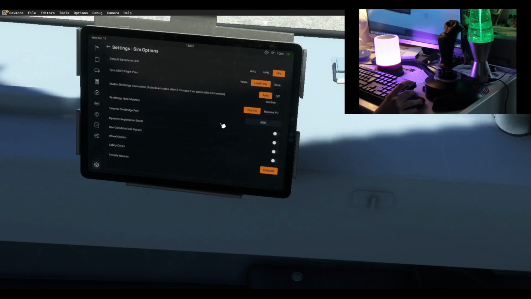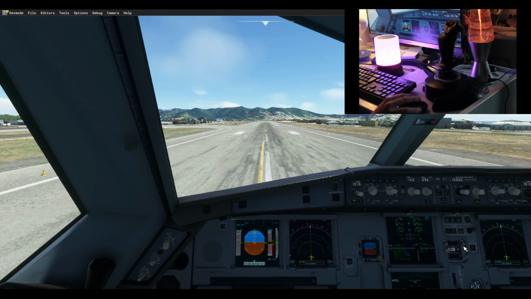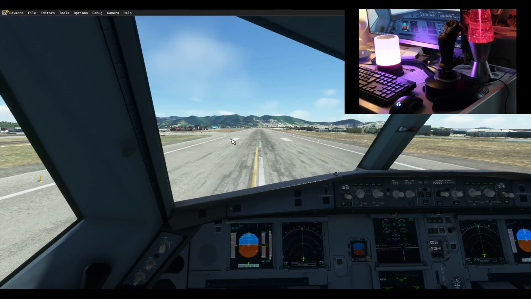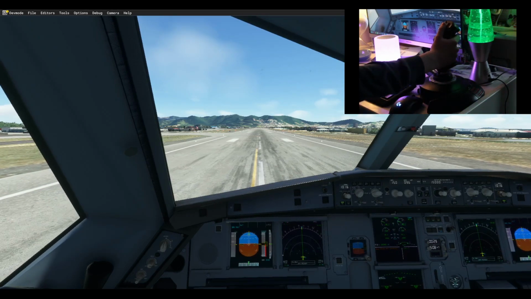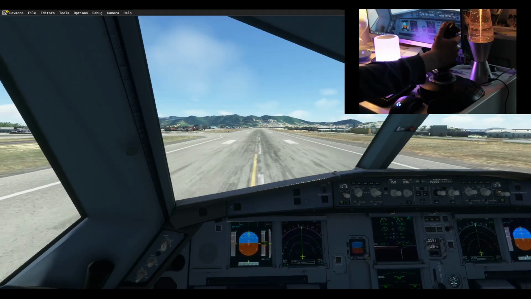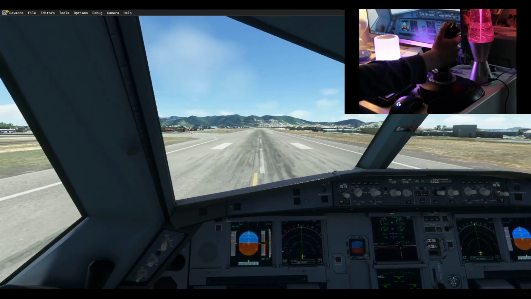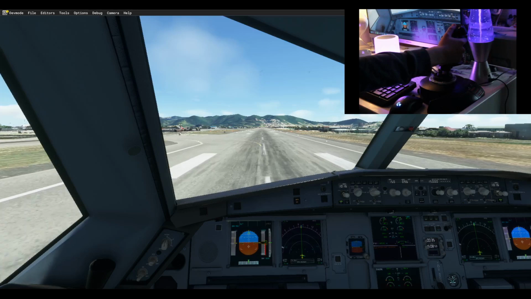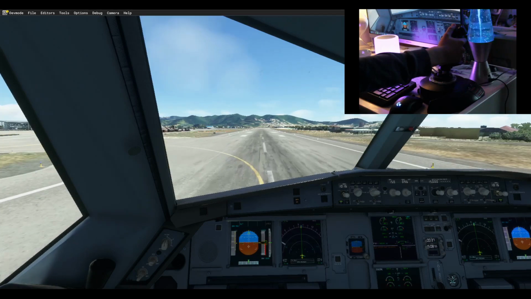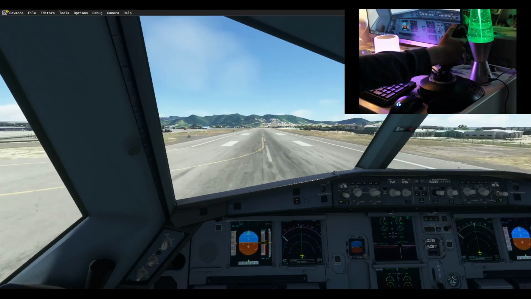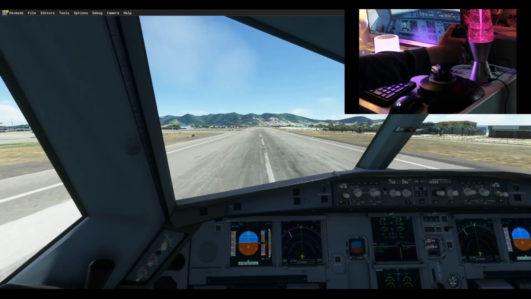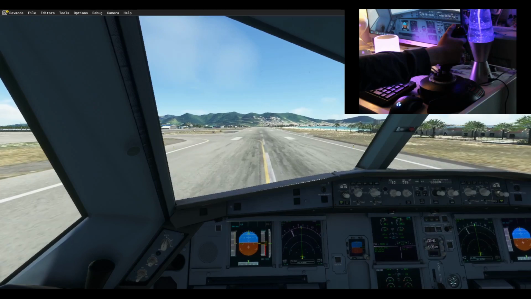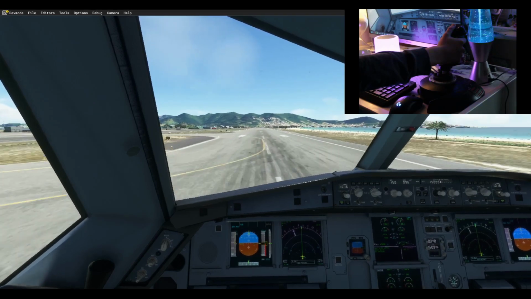We go back here, let's go ahead and just do a takeoff. Let's just perform a bit of a takeoff here and see how this aircraft flies. And there are actually some really nice sounds on this aircraft. You can hear the rattling of the gear and everything. It's not something you get on many base aircraft. The only one I've seen it on is the